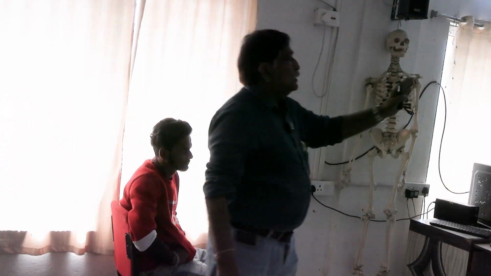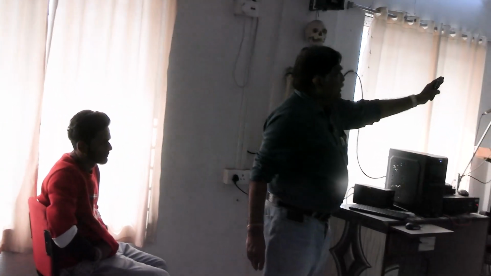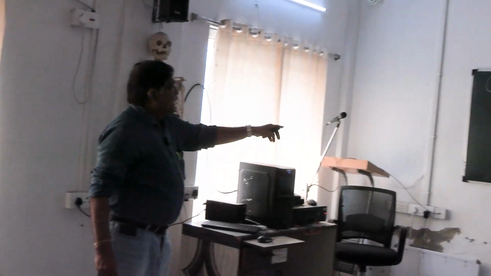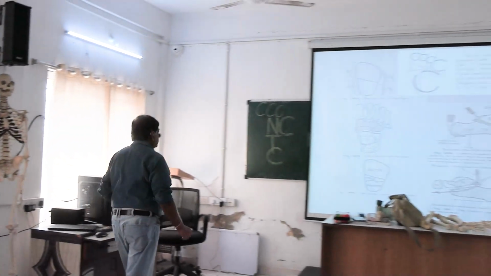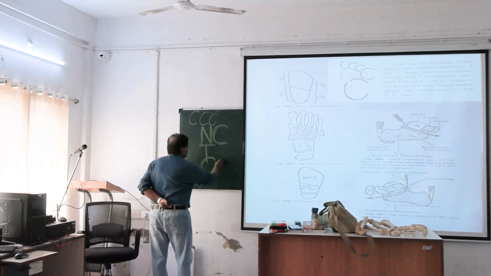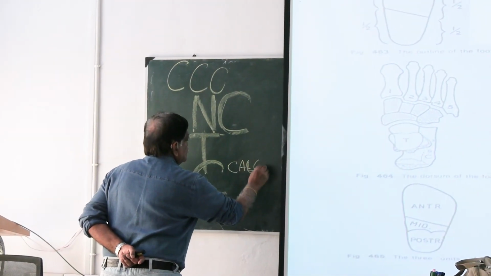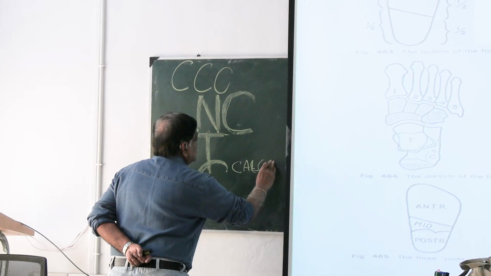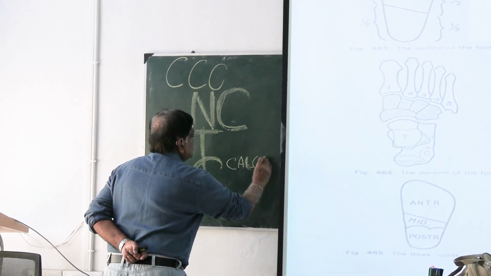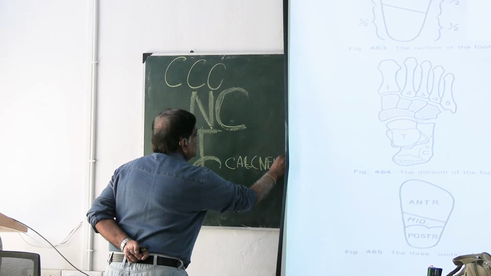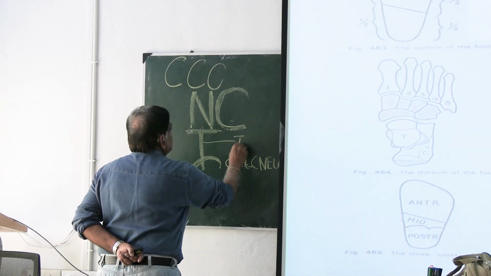You can see the three cuneiforms from medial to lateral, anterior to posterior is the calcaneum, this is talus,